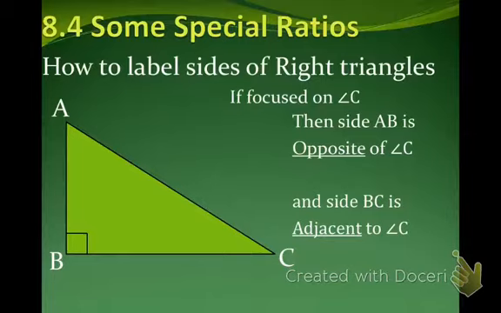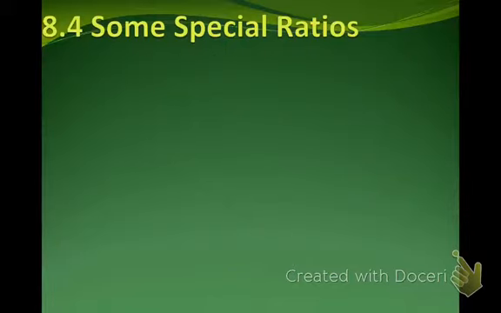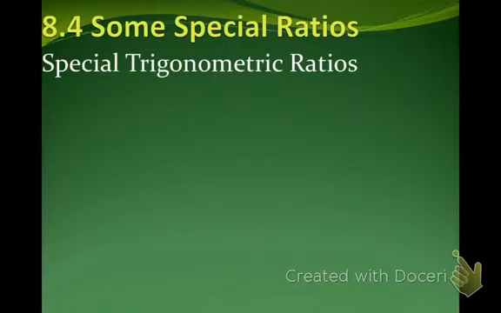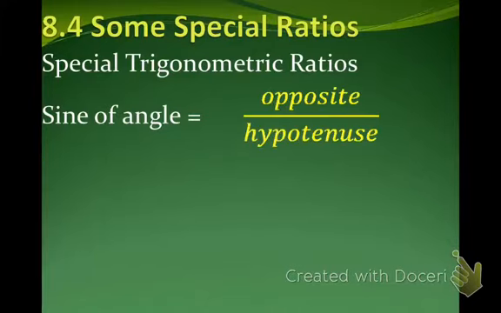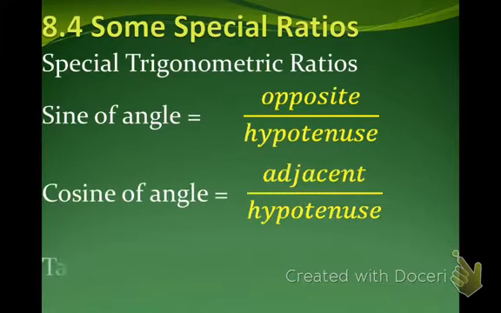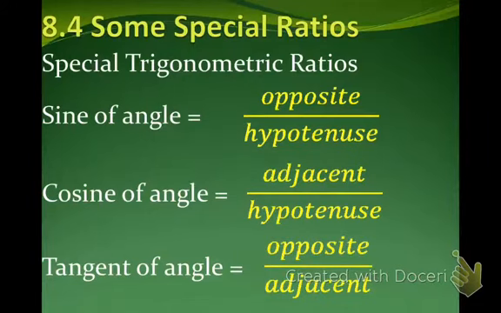So we have to know these things if we're going to think about this next piece of our puzzle. And that is our special trigonometric ratios. We have kind of a funny acronym that we use to remember this. I guess we'll wait and give it to you at the end here, our three measurements. Okay, sine, cosine, and tangent. If I were you, I would pause this video and I would get these copied down. Now that you have these in your notes,